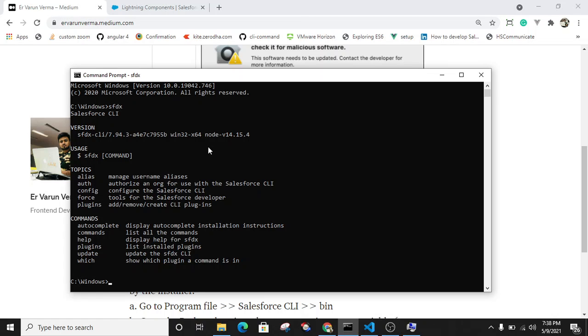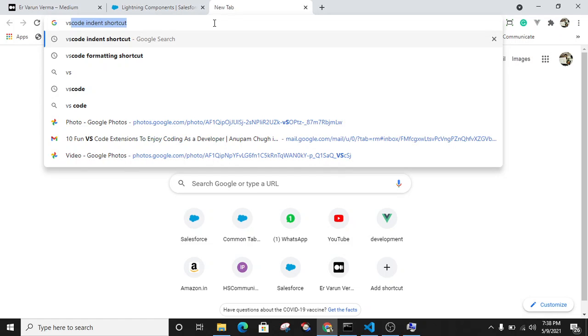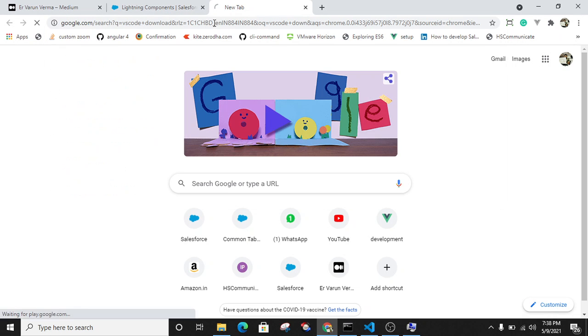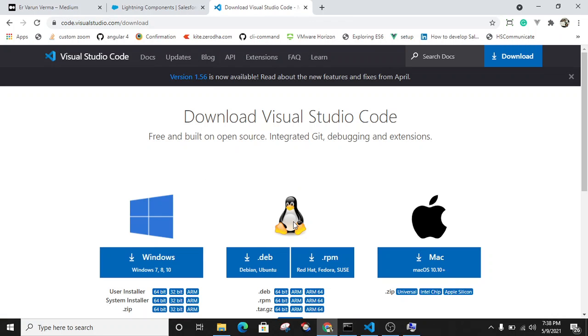So what will be the next step? First, set up the Visual Studio Code. You have to install Visual Studio Code also on your system. Search for VS Code download. Here you can download Visual Studio Code according to your system requirement, Windows, Linux, Mac.